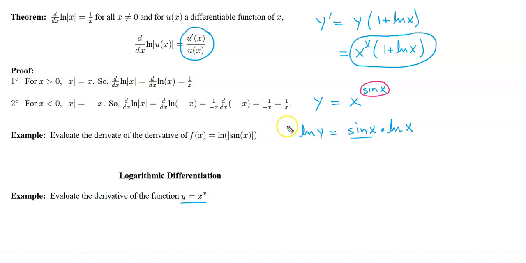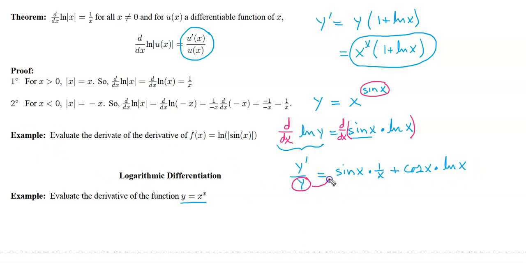So we take the derivative of both sides. Now this side right here is once again going to be y prime over y. And here we have to apply the product rule again. So sine x times the derivative of the ln of x. So that's going to be, and then ln x times the derivative of sine. And then we have to multiply this y back over to the other side, and we obtain